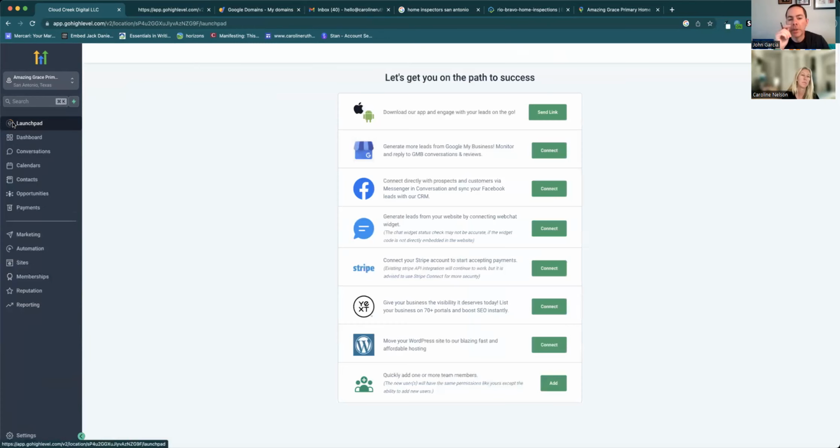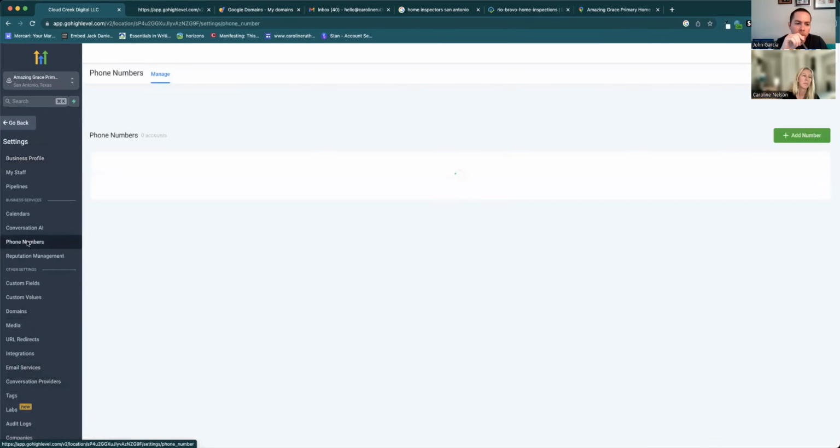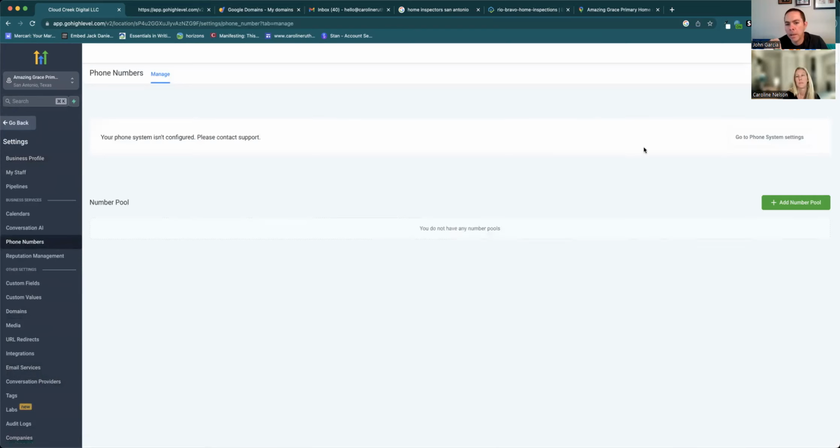So in order for the chat to work, you have to set up a phone number in the account, for every account. The way you do that is you go back into settings and then click on phone numbers. It's like the fifth or sixth one down. Yeah, there you go. So even if they have their own phone number, you have to do one for the chat box? Yeah, you can't use any existing number